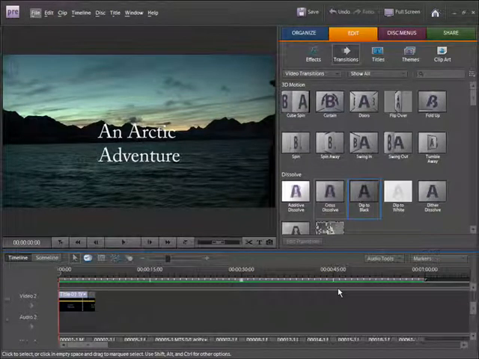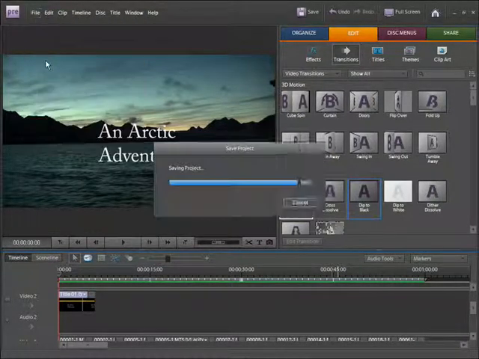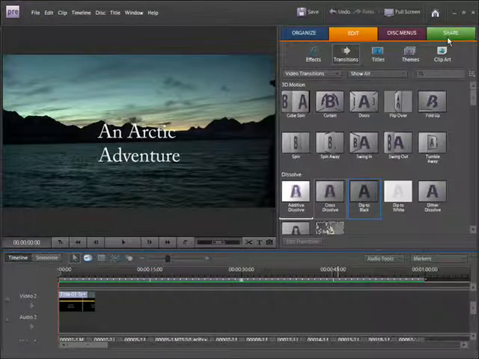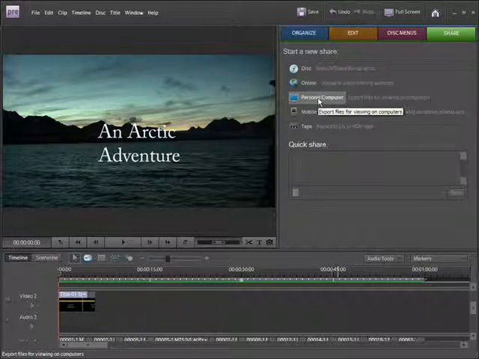Okay, so once the rendering has finished, we're now ready to export or share our movie. So just make sure you've gone to File and Save. And then we're just going to click onto our Share tab on the top right. And the first option we're going to take a look at is just saving the file down to your personal